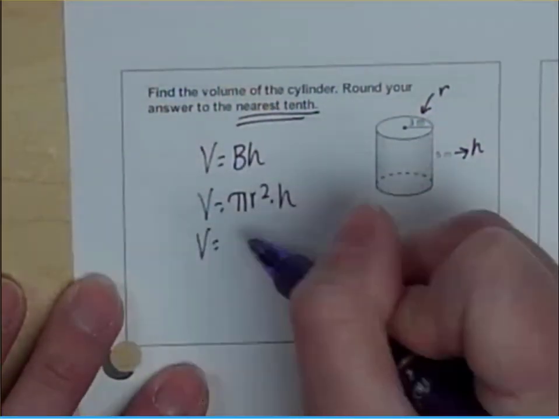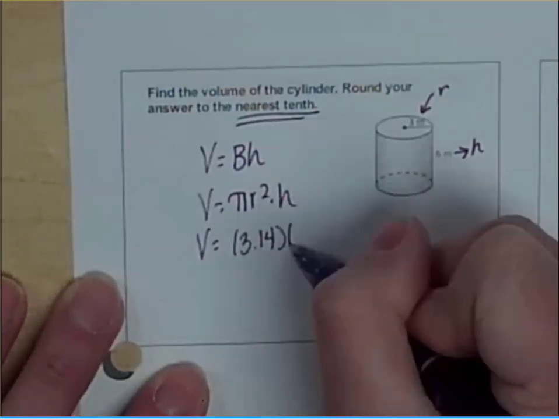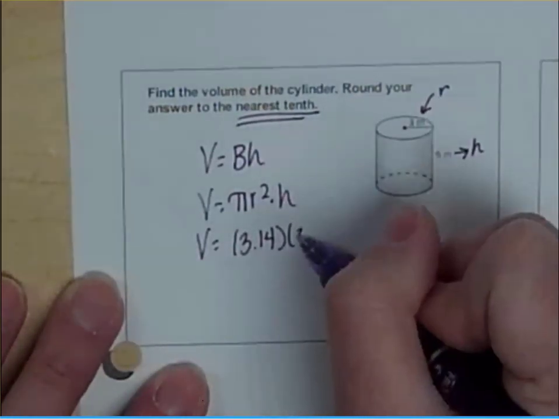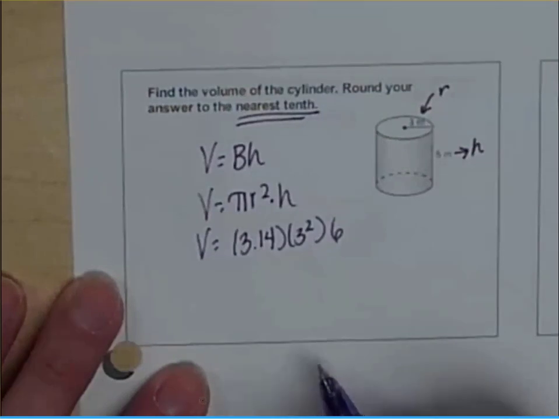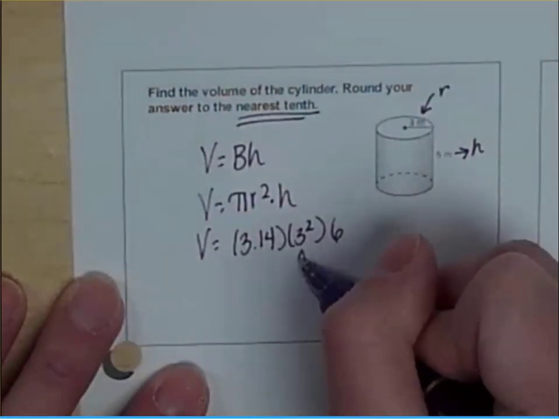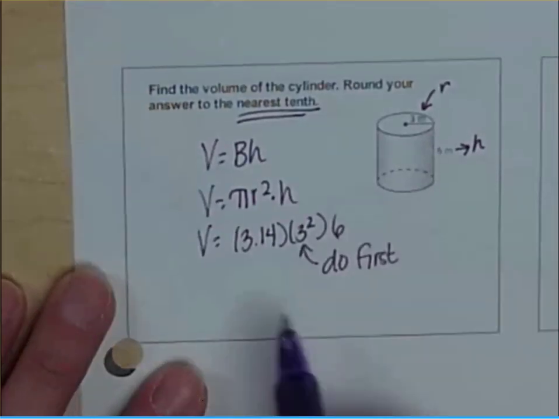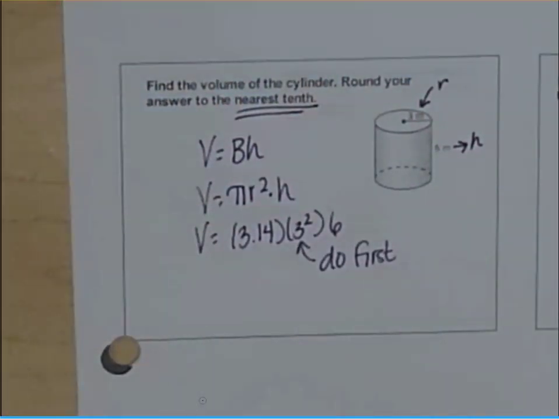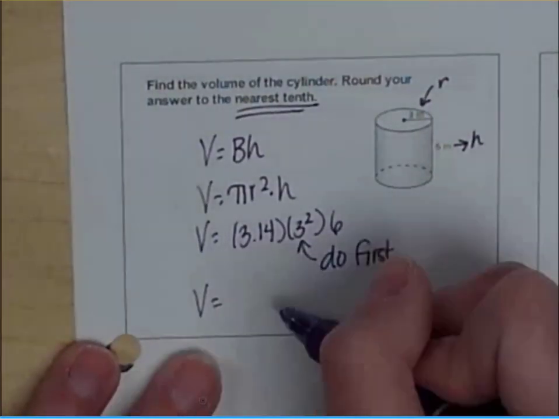So what do we know? We know that pi is 3.14. Our radius here is 3, and our height is 6. So let's take a look then. Now, be careful. You always want to do the exponents first. If you multiply 3.14 times 3 and square it, you will not get the right answer. So when I go ahead and do that, I end up with